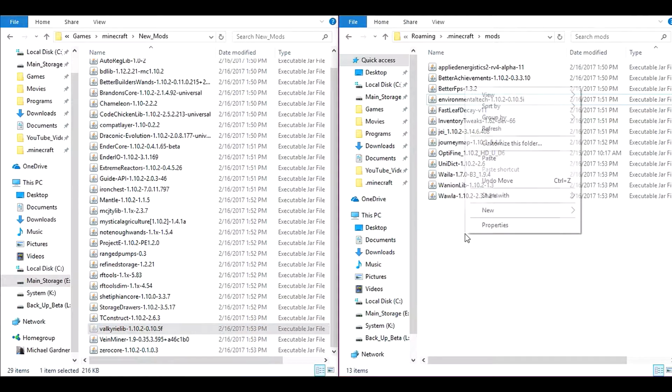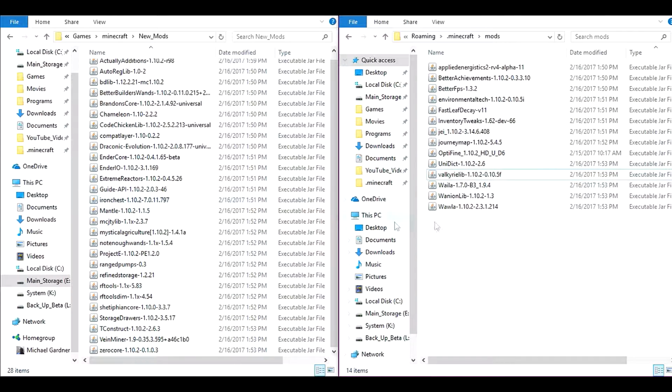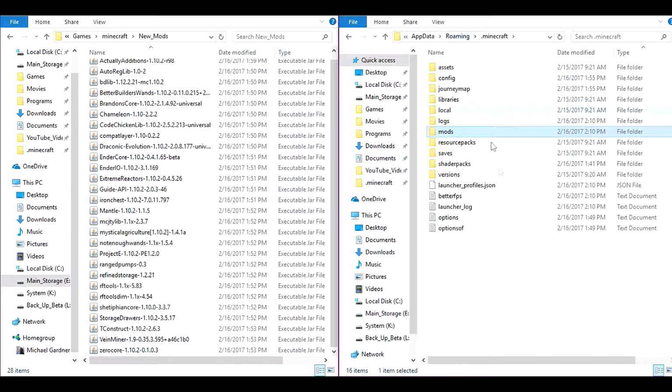All right. So after you do all this, when you first install your Minecraft, it's going to be a folder like this, except it's not going to have mods. This folder will pop up after you run